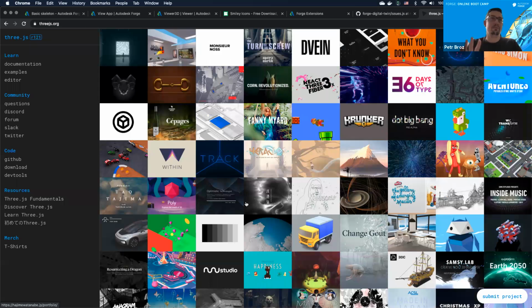The one thing a bit unfortunate is that when Forge Viewer was first implemented, Three.js was at version 71. Now you can see that Three.js is at version 121, and the Forge Viewer sort of got stuck, started lagging behind. The reason for that is back then, when Forge Viewer was conceived, it was built on top of Three.js,